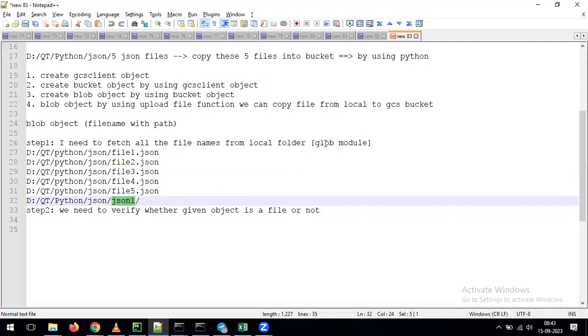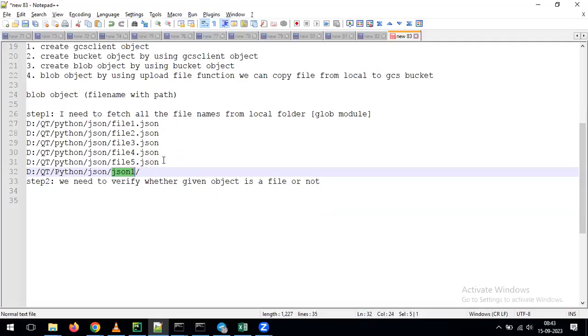Now by using the glob module, what we can do here is fetch all the object information, or all the detailed information from your local folder. As part of fetching this information, it is fetching all the files and at the same time it is fetching the folders information also. But as per our requirement, do you want to copy only the files or the folders also? Here the requirement is I want to copy only the files, and for that reason in step 1 we are